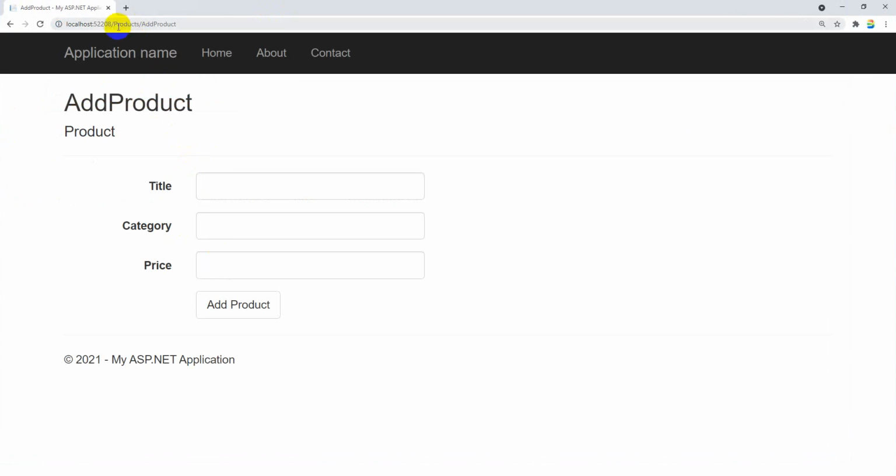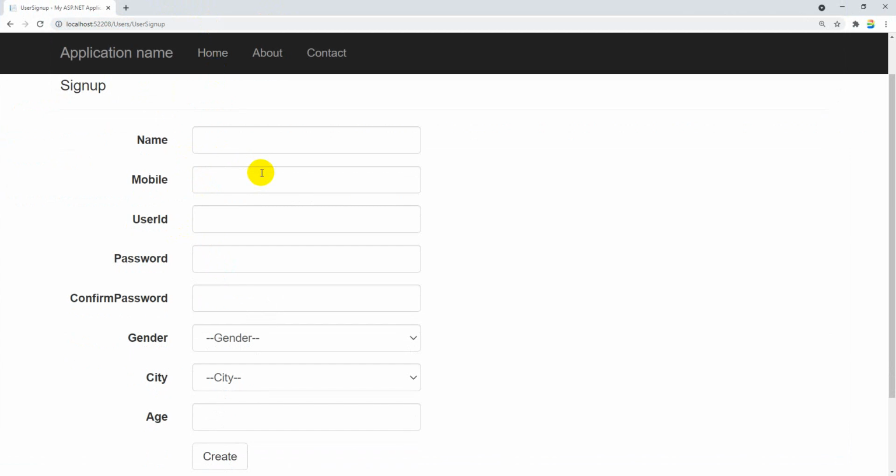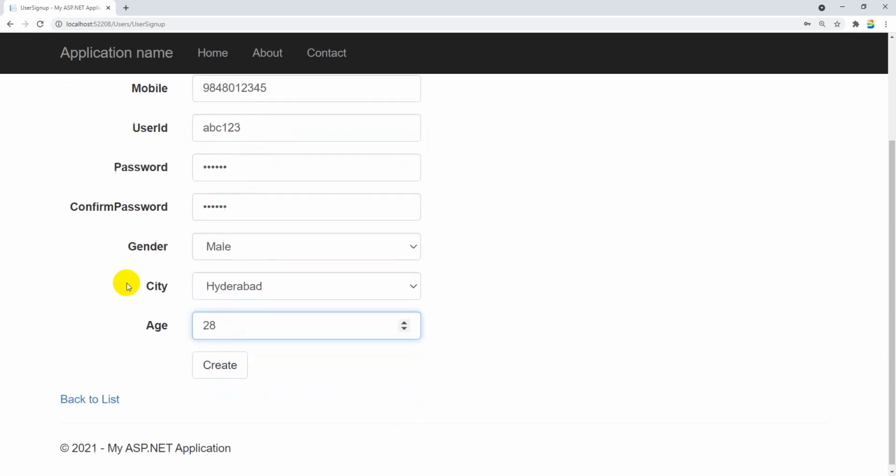So now this is products. We need to go with users. Now let's enter the name. So test name, you should understand this is name. So some mobile number, user ID, password and gender, so age, something like this.